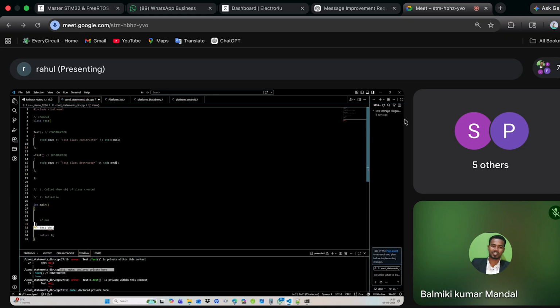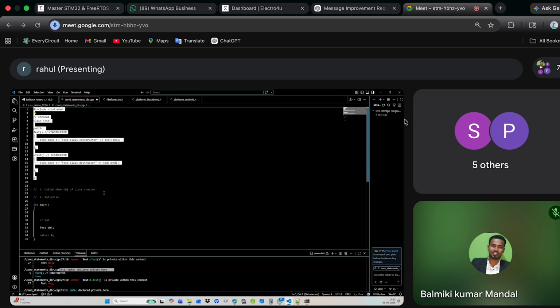So this object I'm creating in main is not a member of the class, so it cannot access the constructor. That's why the constructor should be public when I'm trying to call it from different code. This main function is somewhere in memory. I cannot call this directly if it is private, right?